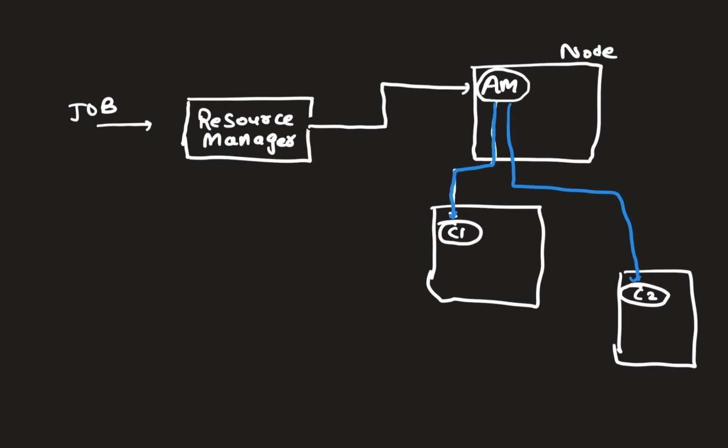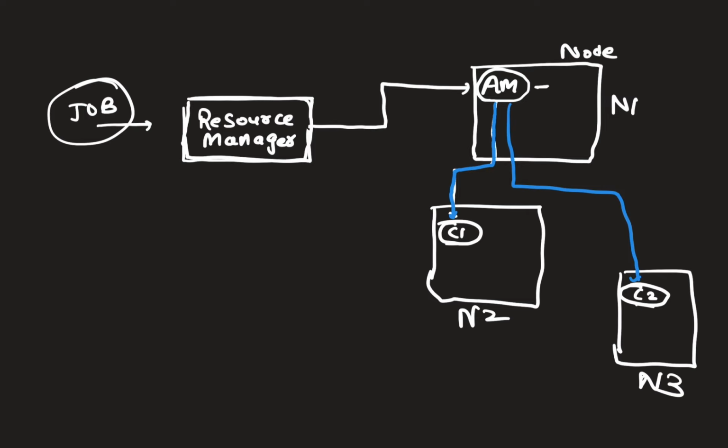So if you see here, now your application master is managing your task, right? So this is my application master for this particular job. Application master is managing your tasks, which are running on container C1 and container C2. And resource manager's duty was to allocate the resources. So it has allocated resources on node N1, on node N2, and node N3. So are you able to visualize how these responsibilities have now been bifurcated?